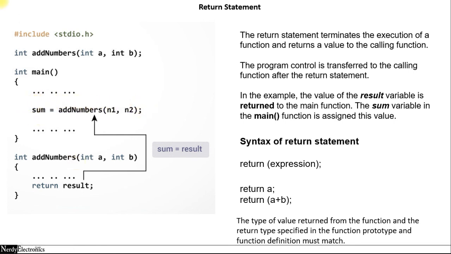The type of value returned by the function is decided by this return type which we have mentioned here, that is int. If we mention character, it expects us to return a type character. If we don't mention anything, by default the return type is int. In case we don't want to return anything, we mention void here, which means we are not returning anything. So if we don't want to return anything, always mention void, otherwise by default it will take integer. Let us see the use of functions with the help of an example in a program.